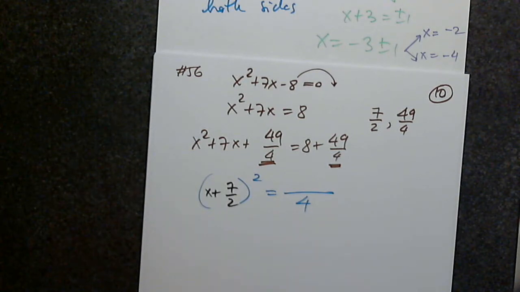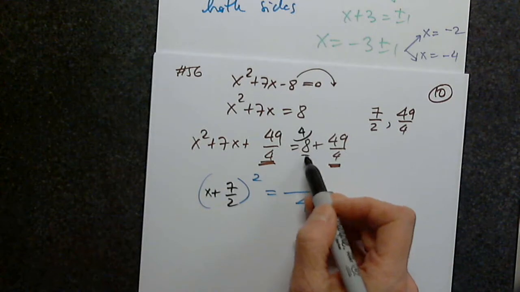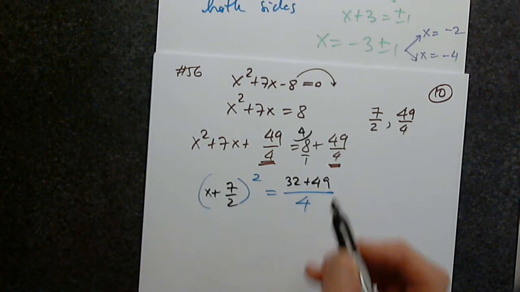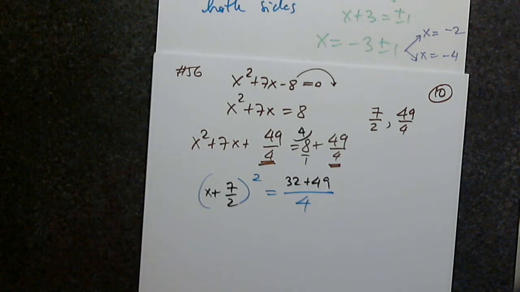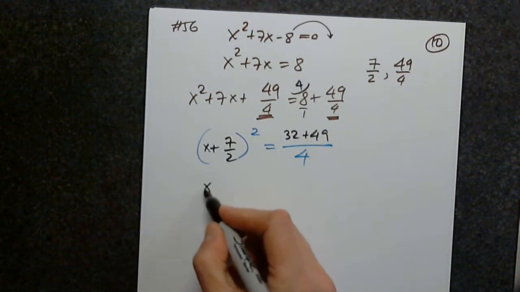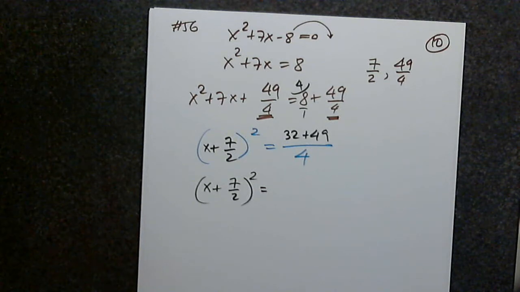The least common denominator is 4. I need to multiply the top of 8 because 8 is 8 over 1. So then I have 32 plus 49. So then the left-hand side, x plus 7/2 squared, equals the right-hand side, which is,